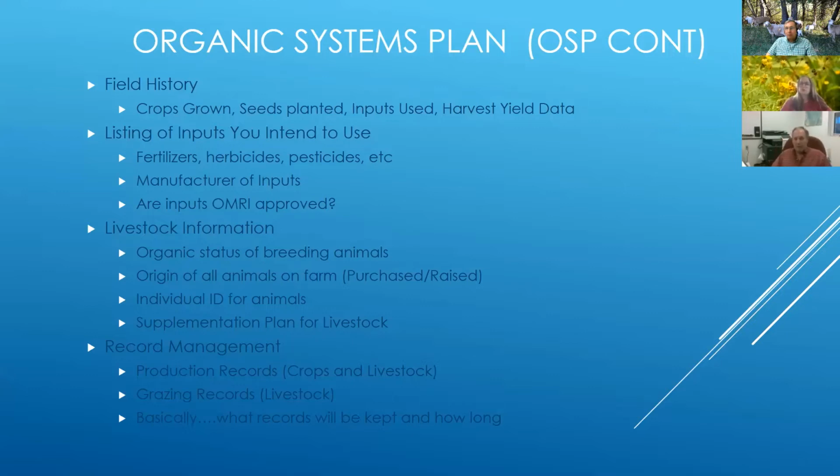Probably the last big section on the OSP is your record management. It doesn't matter if you're talking about crops or livestock, they are going to ask that you have production records that they can review. The more detailed, the better, as well as grazing records. As I'll mention here a little bit, there are specific requirements about the